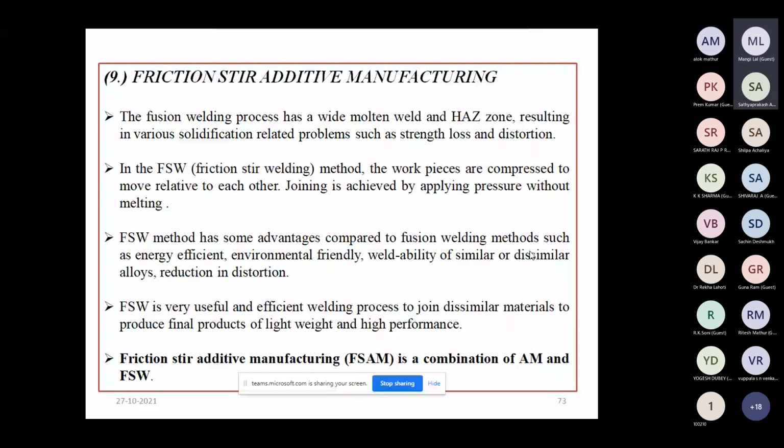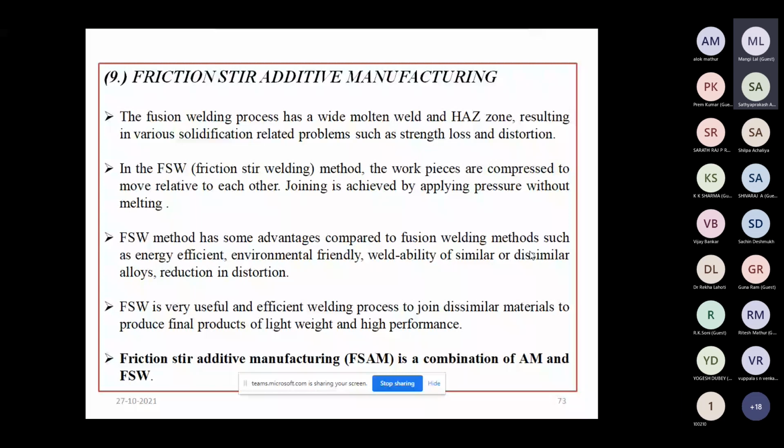If we look at the wire arc additive manufacturing process, the molten weld pool and heat affected zone are large.